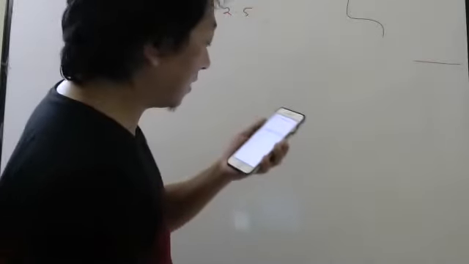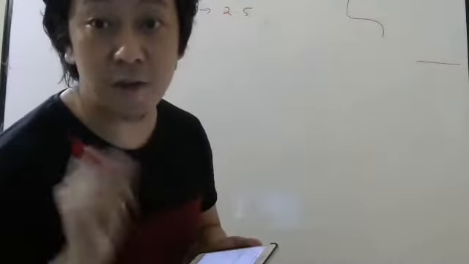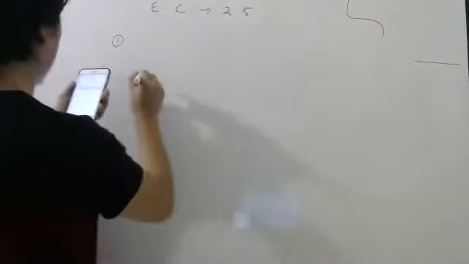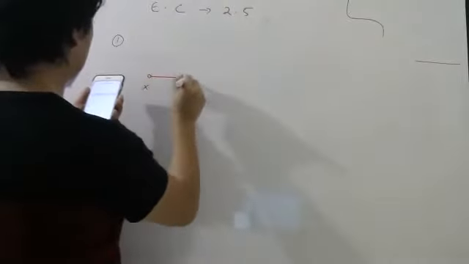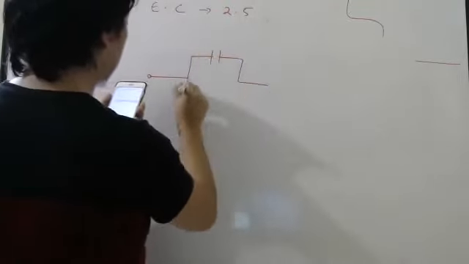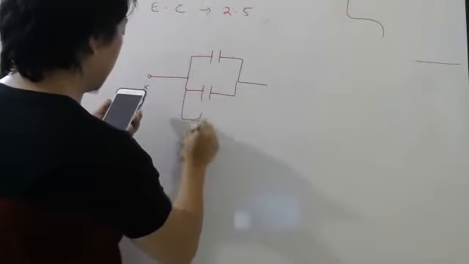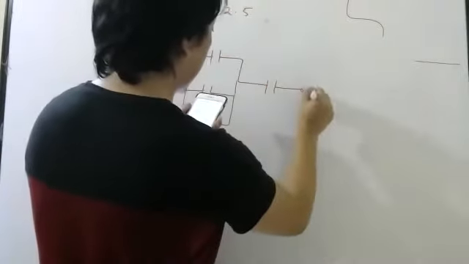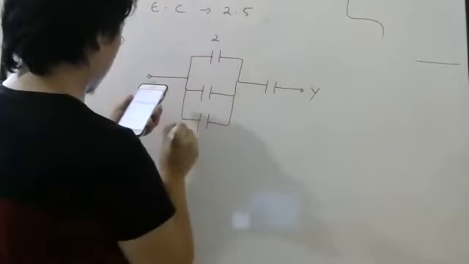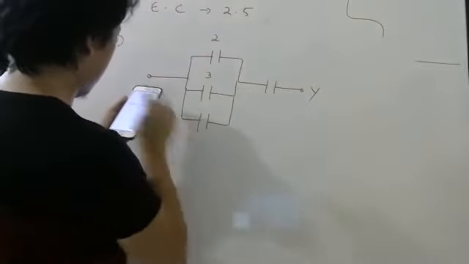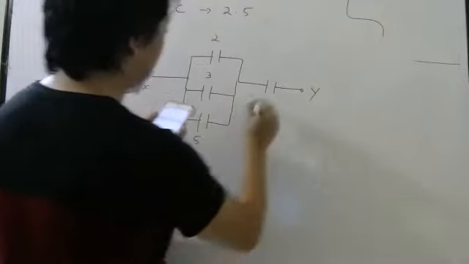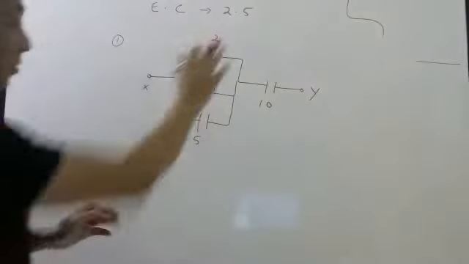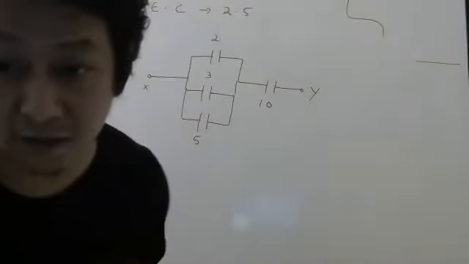Find the equivalent capacitance. See, whenever they say equivalent capacitance, you have to ask between which points. So they are saying between X and Y. So one terminal is here, X. One capacitor is here, one capacitor is here, one capacitor is here. Another capacitor is here, and that is terminal Y. This is 2 microfarad, 3 microfarad, and this is 5 microfarad, and this is 10 microfarad. So we have to find the total capacitance. First you write the question, because I am going to solve it here only.